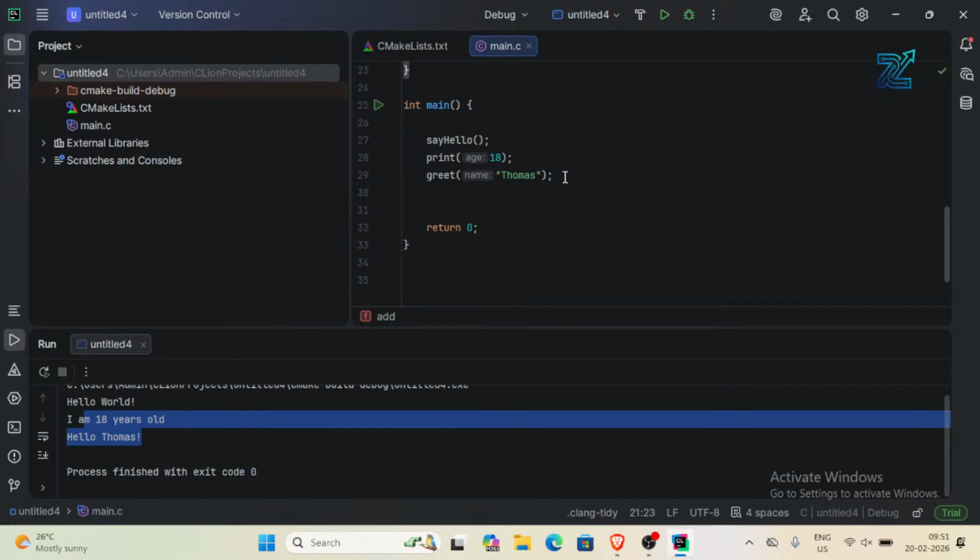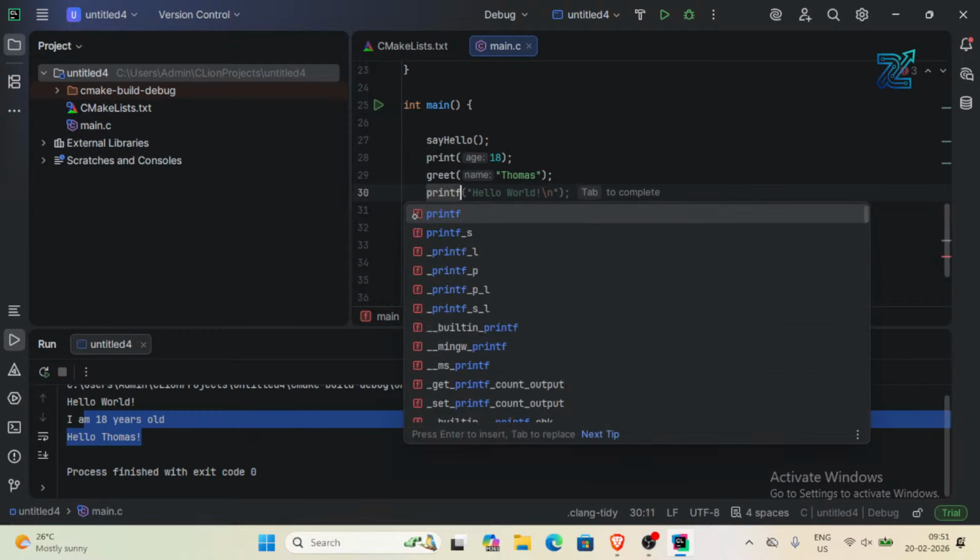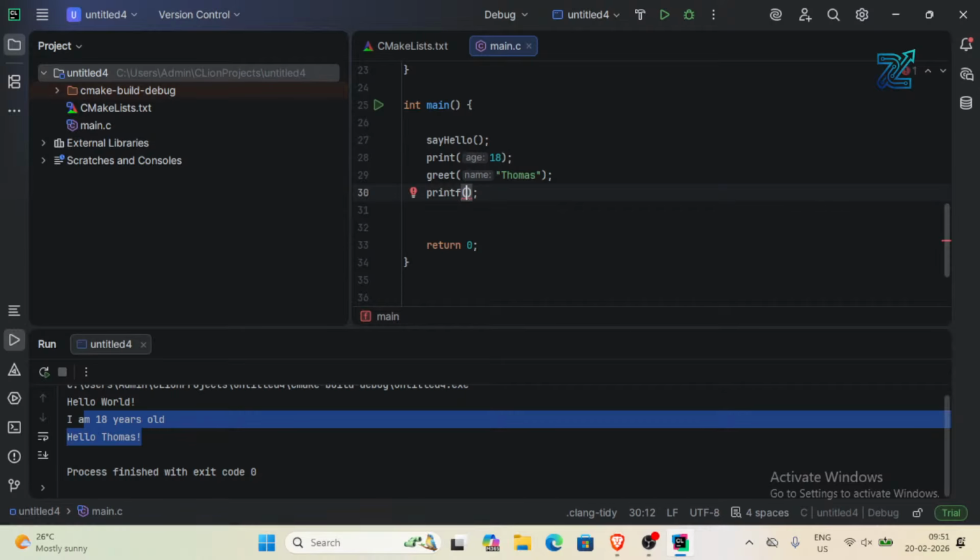So let us try to run it. So for printing it, printf %d. After that we have to call the function add